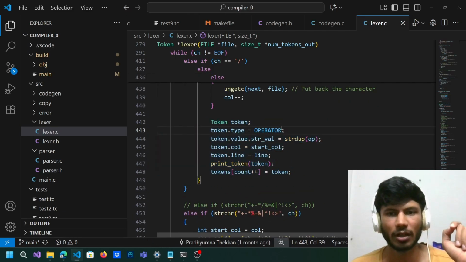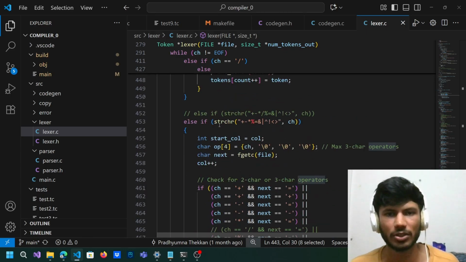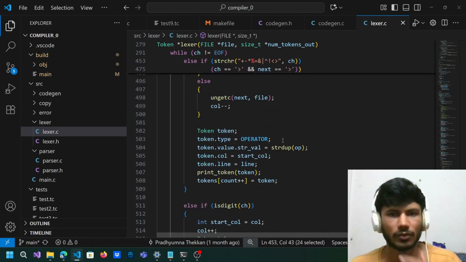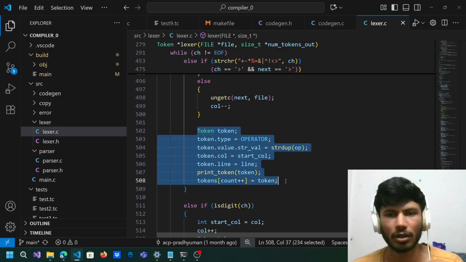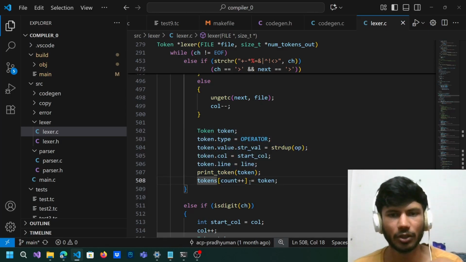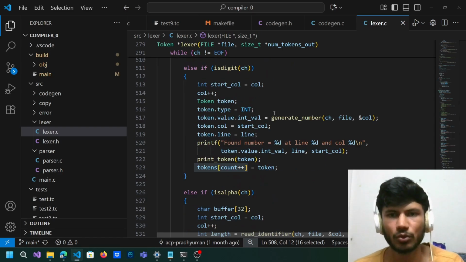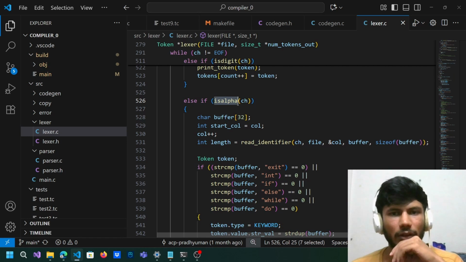Just that in the separator case, instead of operator, it will be separator for the comma, semicolon, and open and close brackets, right? Here it's operator for the division operator, and all of these are operators. So operators we handled over here, made a token, and incremented the tokens array. Then each digit we handled using generate number. Then if it is alpha,